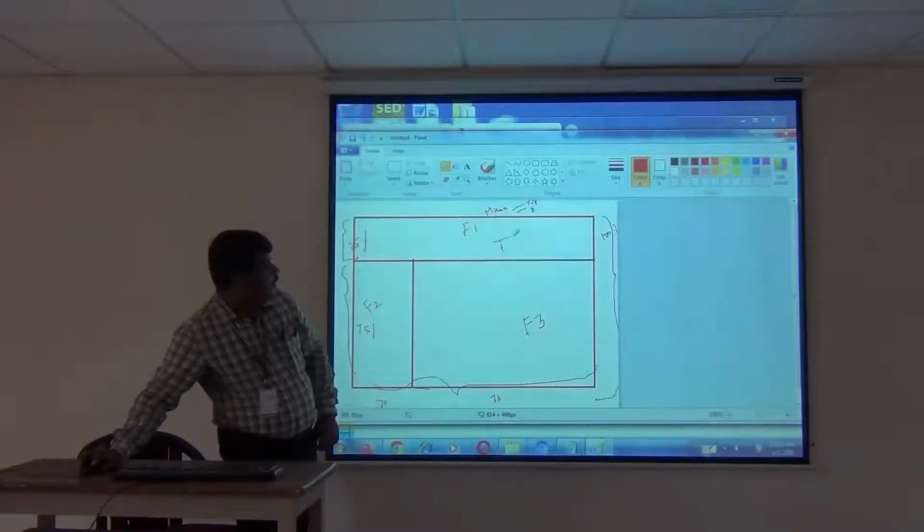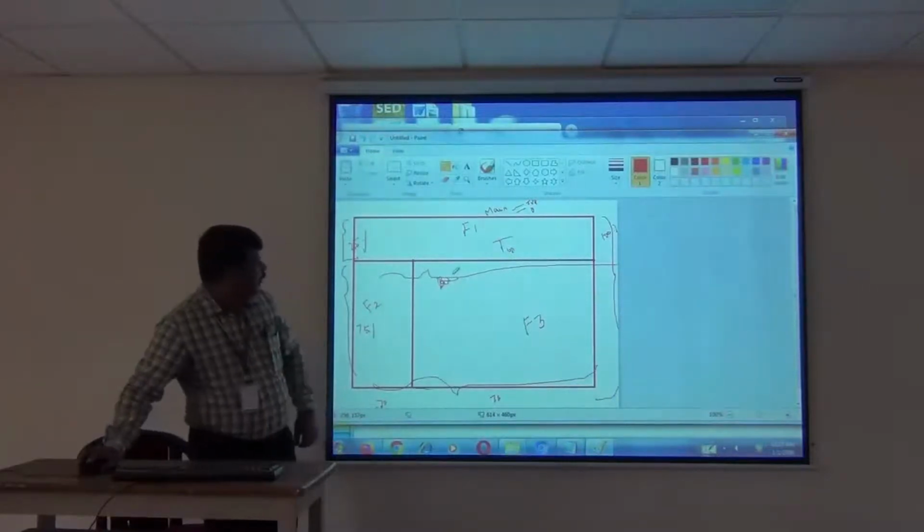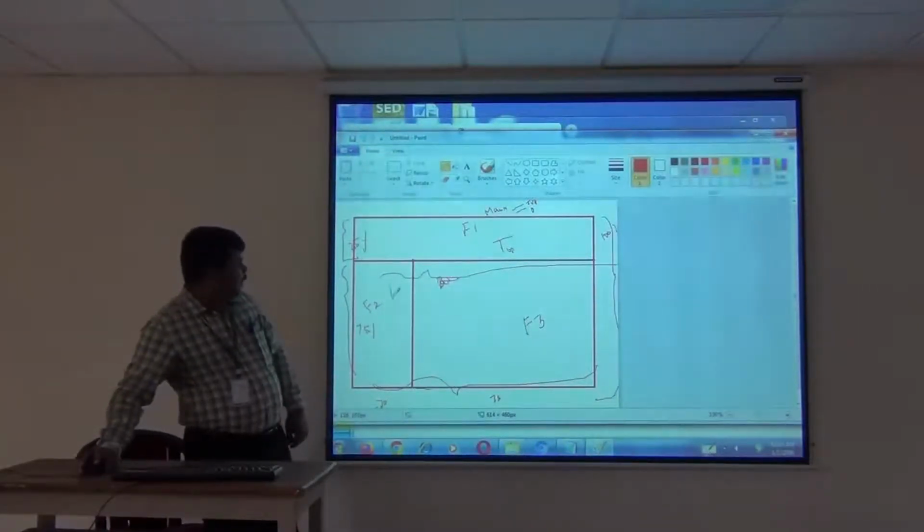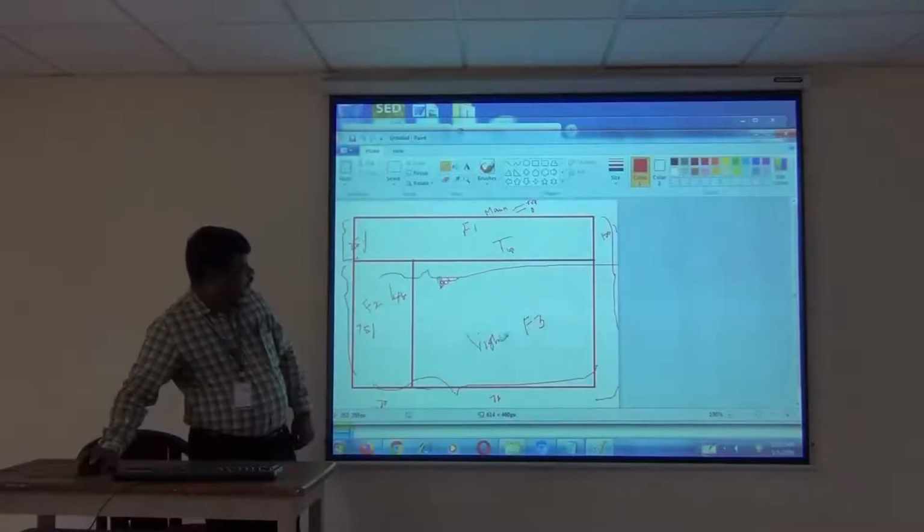This is top, and this entire frame is bottom. Then this bottom file is further divided into left and right. Likewise we are going to divide.